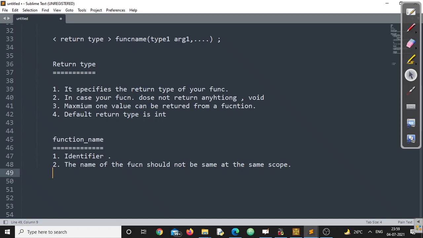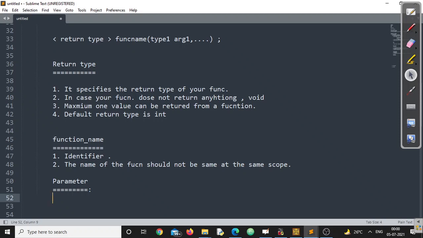They are not calling each other, they are not in a single scope. Then happily you can say we can have duplicate function names also in C programming language. So that's all about the function name, right? Okay. Next one, and the important one, is a parameter, or you can say the argument. The arguments also we can call this as parameter, and these are the building blocks of programming language, right?